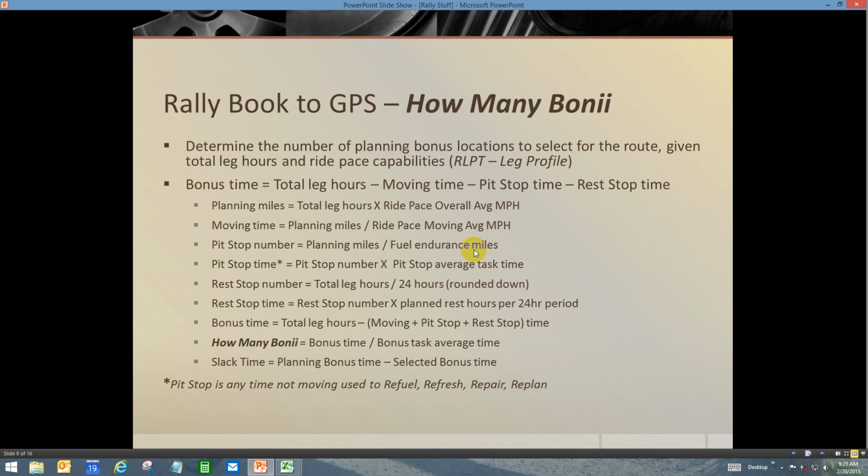This is the amount of miles that you use to ride the motorcycle before you have to stop to get fuel. Probably stop a little bit before that, but it's not the run out of gas miles, it's your usable miles. That gives you your pit stops. Rest stops: define it by how many hours you want to spend every 24-hour period, and the time is determined there. This is what we're interested in. How many bonus stop times can you get? This will tell you right here. You take the bonus time and divide it by your average time you stop for a bonus,